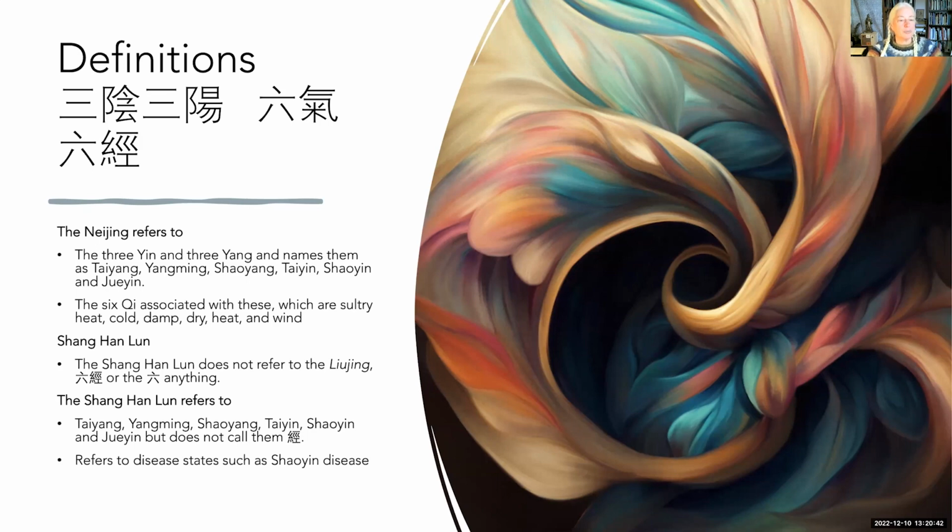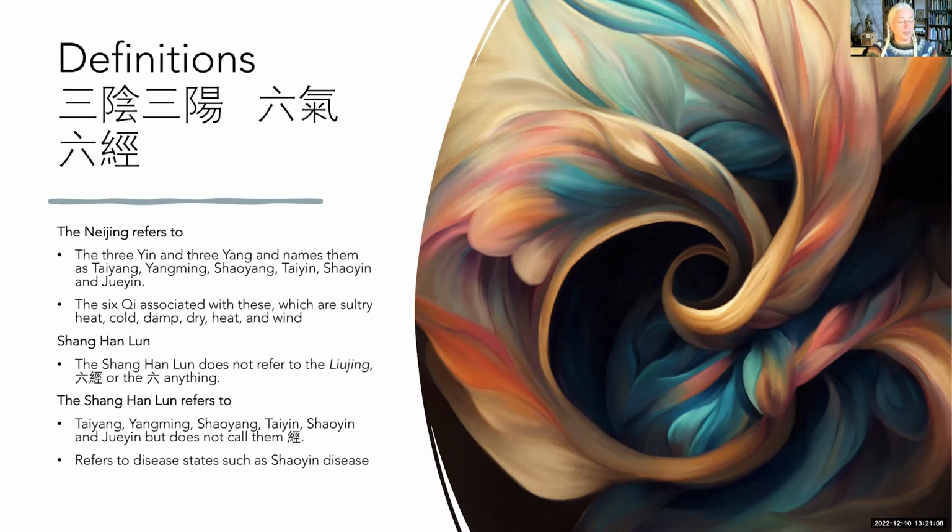I'm calling it sultry heat because I think that word sultry gives that feeling of the damp, hot quality. And then cold, damp, dry, heat and wind. And we see that there are 2 types of heat here. So these are the 6 qi, and each of these qi is associated with one of the 3 yin or